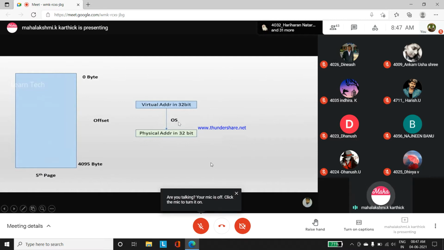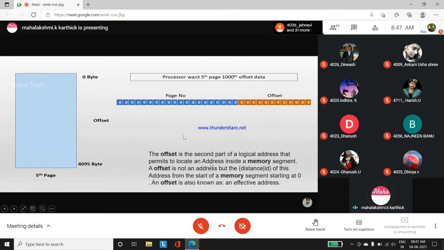Here the OS is used to translate that 32-bit address to the 32-bit physical address of RAM for its reference. So you have to understand the processes now. The processor needs the 5th page of the virtual memory and its offset value is 1000. 1000 is the default here.